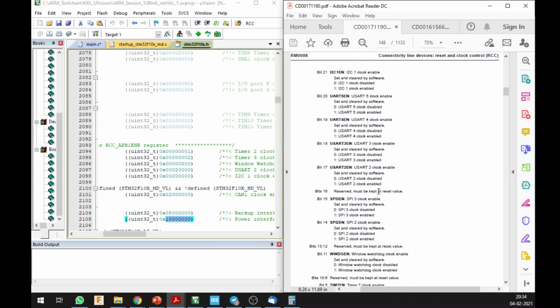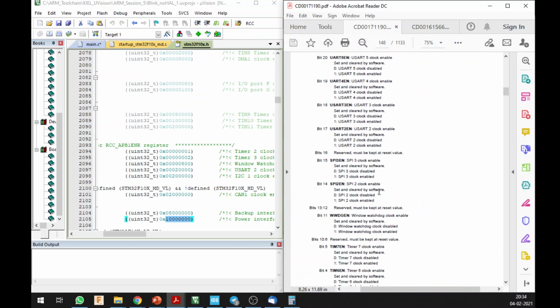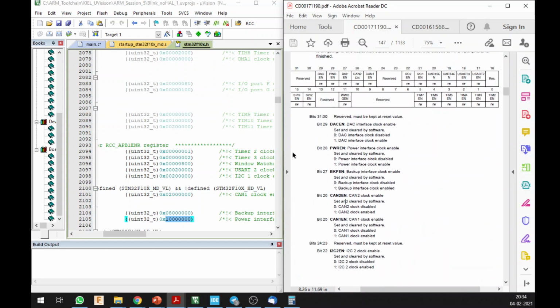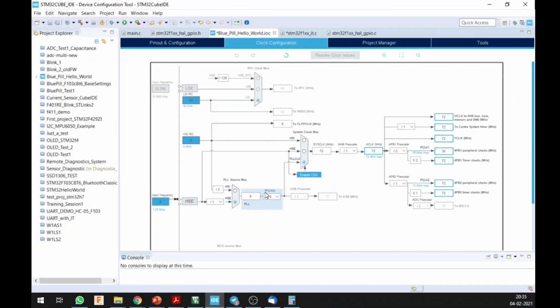PWR EN. Alright, so again, these bit numbers correspond to your particular bit values. So the bit number is the register number, the particular position in the bit. And if I set the bit to 1, it is going to enable the power interface to that clock. Okay, so you are providing the power to the clock. What is that equivalent to in this? We are basically providing a clock to my HSE1.